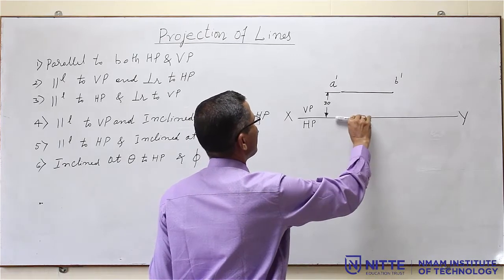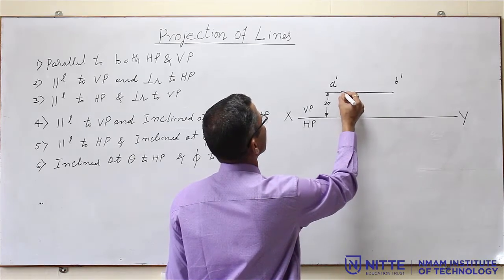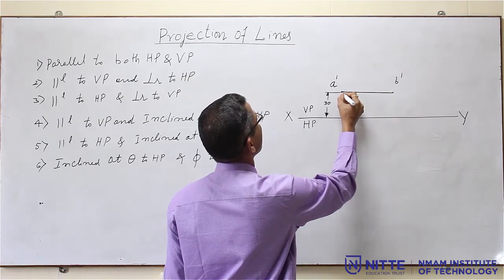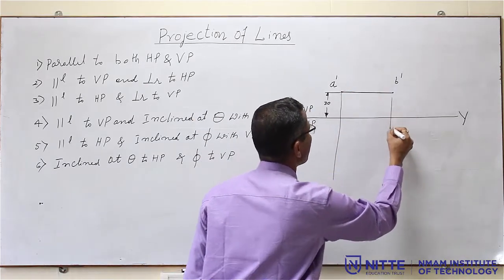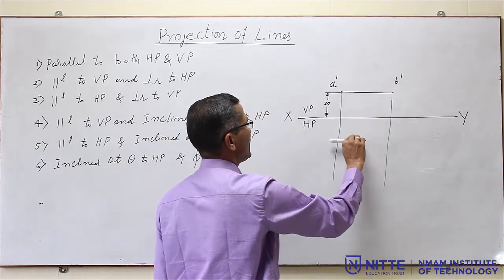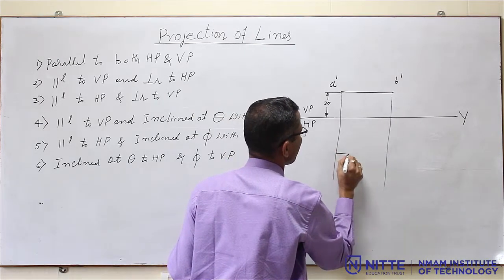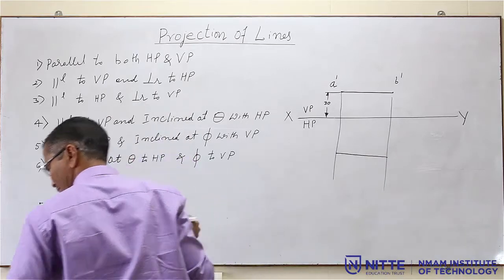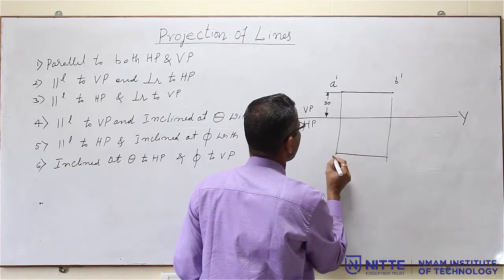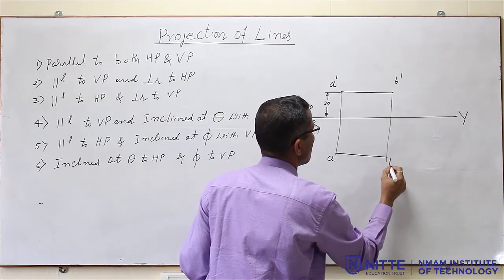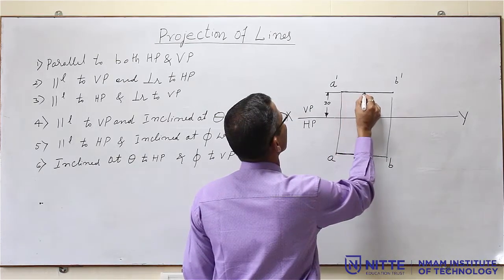Then, in front of VP, how much? That will be given. For that, just project the two ends down by using a very light line, use the 2H pencil only. Then from the XY line you measure that particular distance in front of VP. Then draw the line. Call this A and this B, and this is a dark line, HB pencil. This is also a dark line, the front view.